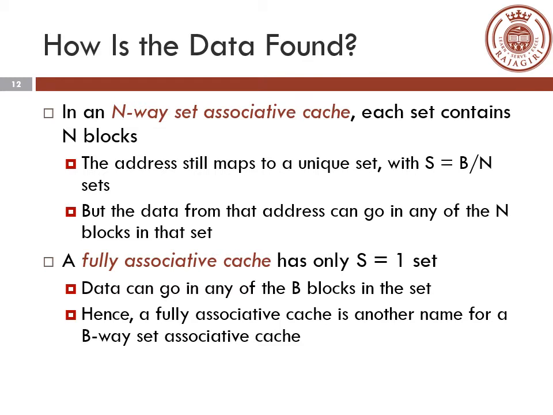Okay, so we saw the direct map cache, in which one set has one block. Now coming to the n-way set associative, you have sets, and inside one set you are going to have n blocks. And coming to fully associative, the number of sets is only one. You have only one set and all the blocks are present inside that single set.